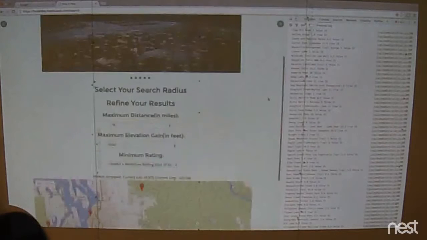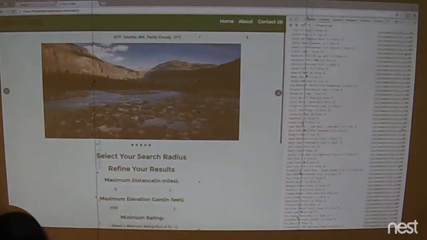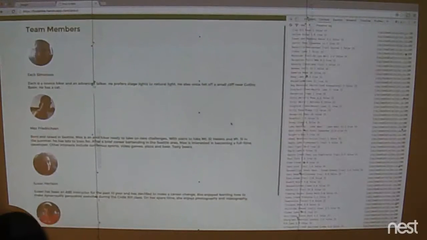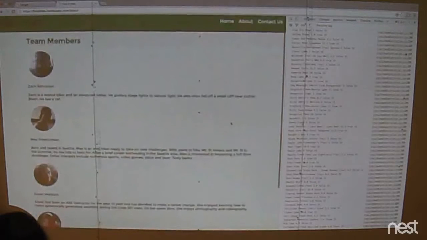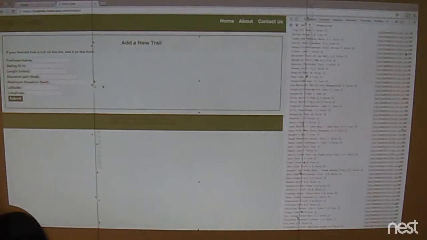So that's basically the basic functionality of our site. We also have an about page, a simple about page with group members, a little paragraph about us, and a contact form. We were looking into writing a little PHP script so it would actually send an email to where we wanted to send, but at the moment